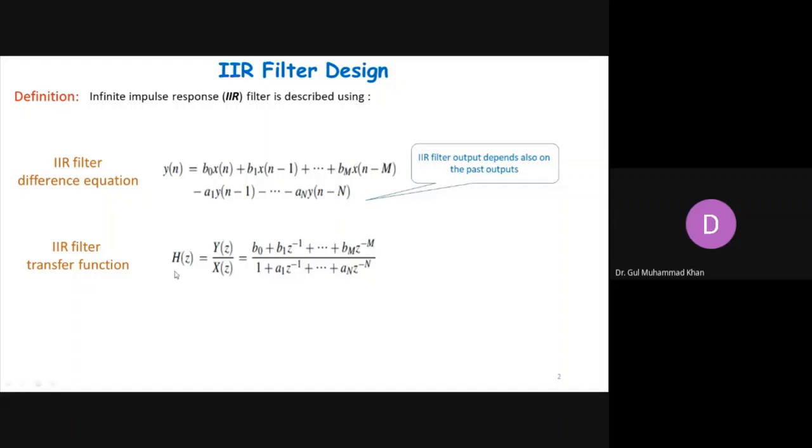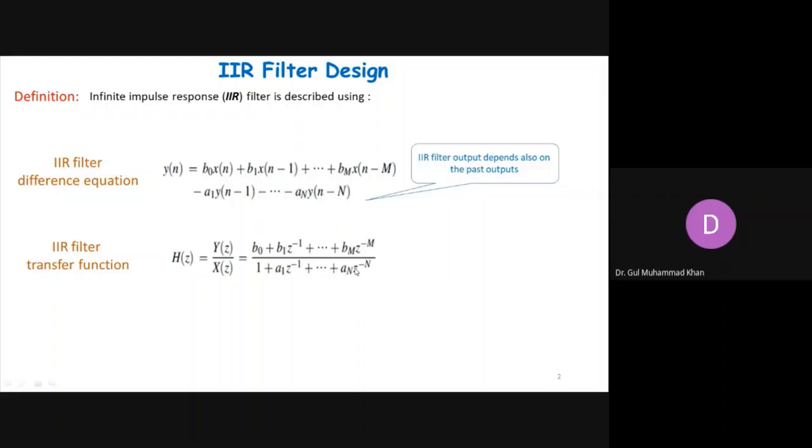Their corresponding H of z, which is the transfer function, is represented like this. These are the parameters for the input, and these are the parameters for the feedback. If you can see, it's represented by a1 z raised to the power minus 1, and so on up to